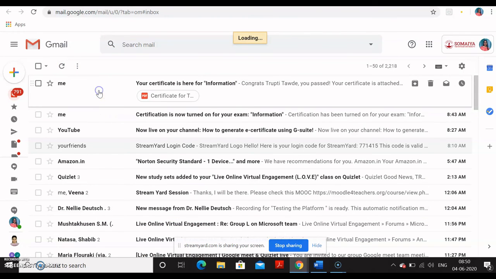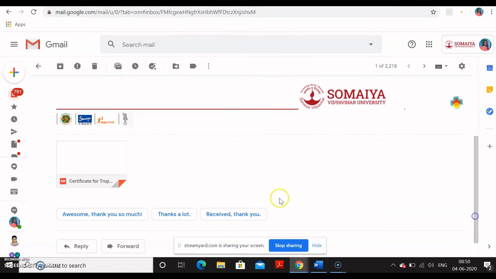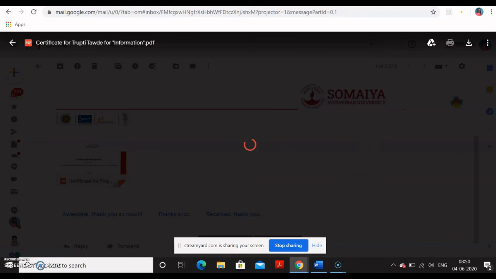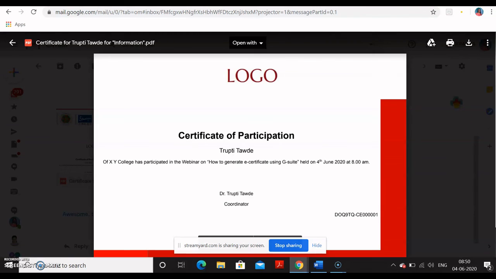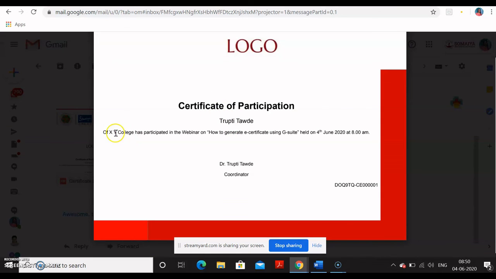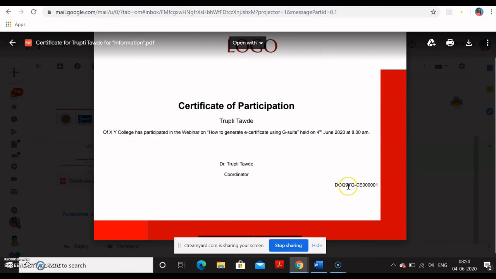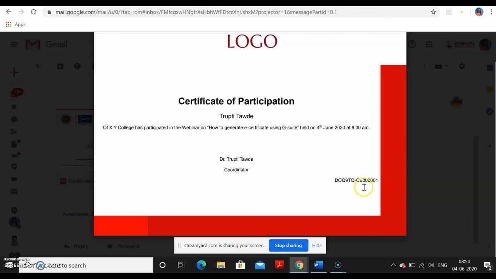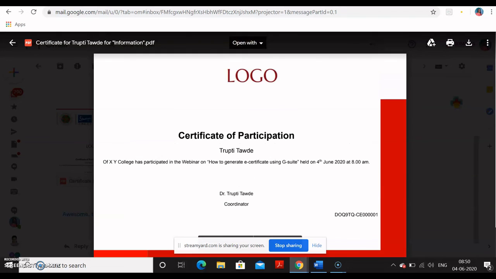See, I received my certificate for my response, and I will show you the certificate which we made and exactly what wording has come here. See, you can see here my name, and instead of that other identifier, I got my college name. So this way you can create the certificate. You can also see the certificate ID is being generated, so you can track the certificates like this.